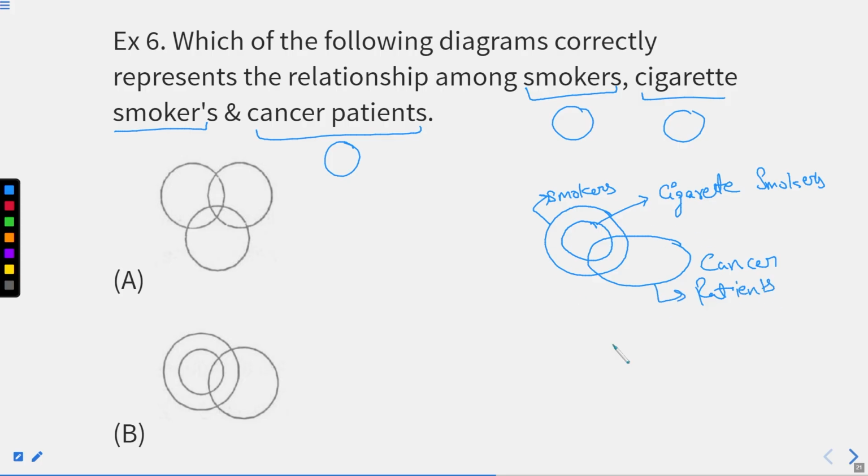And we have made our diagram. As soon as we are able to form the diagram, you can see which option matches. Okay, option B is matching. So don't hesitate while answering. Option B is your answer, right? These are such simple questions that as soon as you are able to derive the relation between the given conditions or the given words, you are able to form the diagram. And as soon as you form the diagram, you can check which option is correct, mark your answer and move forward.